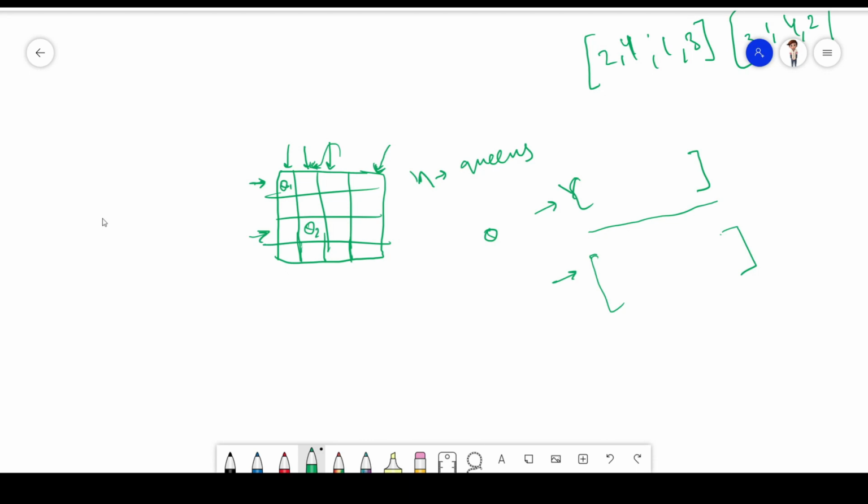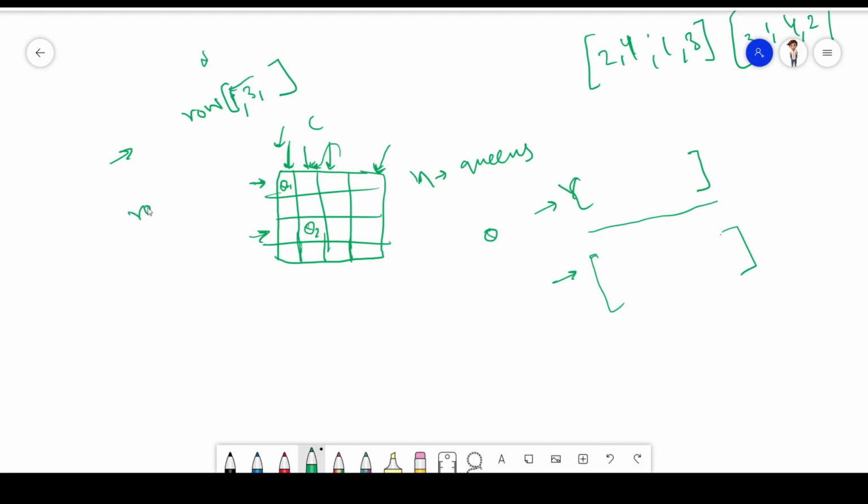So what I will do, I will create a row matrix for each of these columns, and if I am able to place the queen for each column, then I will mark in which row the queen of that column has been placed. So for example, for the first queen, it will give me which row it is placed in. So the first queen is placed in 1 for this case, and 2 is placed at 3, but there is no position, so it will backtrack.